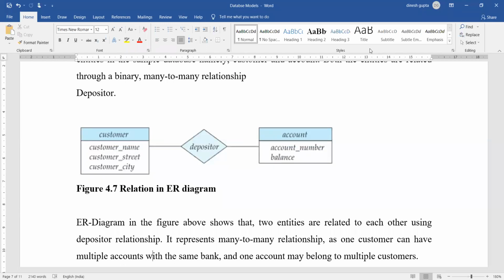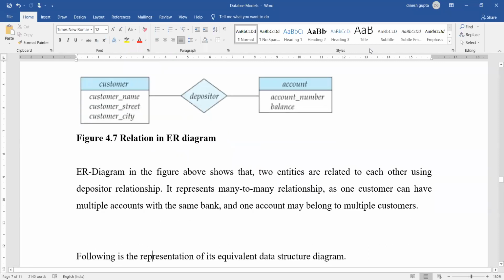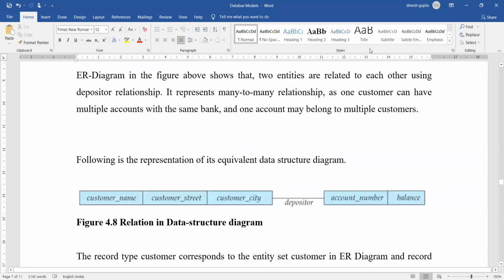One is called the customer entity and the other one is called the account entity, and the relationship between the two is that the customer deposits or has an account. Okay, but this is representing it in the form of an ER diagram. This is an ER diagram. Okay, so what will be its equivalent data structure diagram, you can see here. Please hold on for a second.